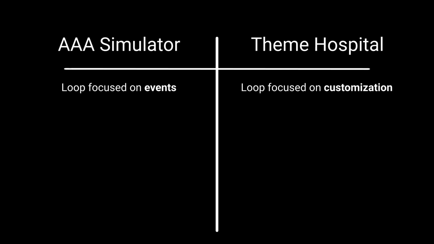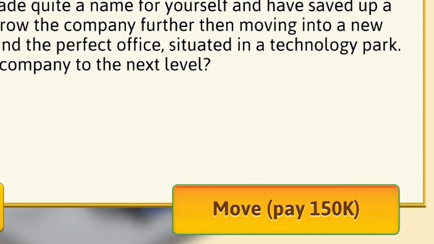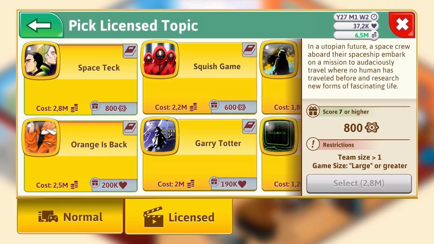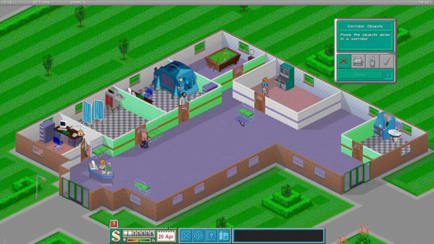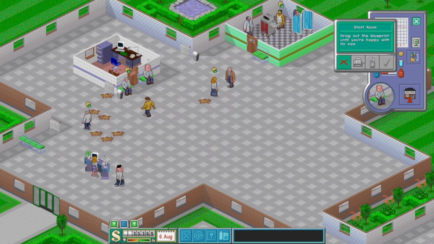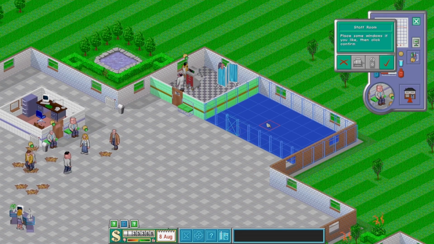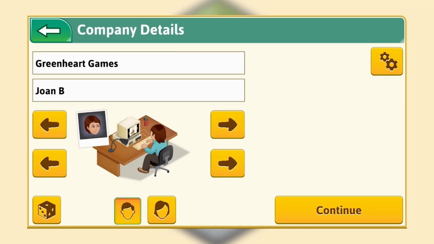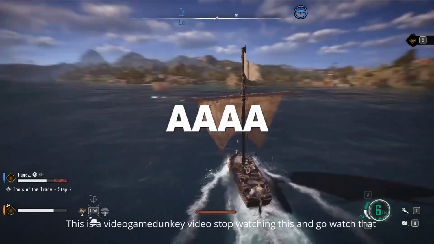My loop won't be focused on customization for a few reasons. First is that making a lot of cool items to decorate your AAA studio might sound like a lot of fun, but it means creating a lot of unique assets. I don't have the time or art skills for that. Second, making customizable rooms is likewise beyond my coding skill. It's a grid-based system, so I'm sure I could figure it out, but I have other concepts to learn that are more important. I will need to figure out something for the background of the game because I don't want it to be all menus, but I think a rendering of a AAA office will do with procedurally color-swapped little employees in low detail. The third reason is that I'm going for a very specific satirization of the AAA game